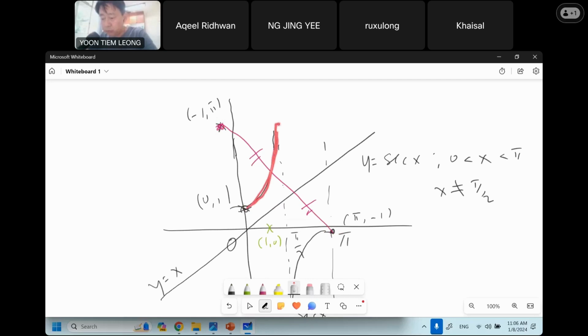When x goes to pi over 2 from the left, then y goes to infinity. Therefore, this behavior is then translated into values of pi over 2 horizontally. This is the line y equals pi over 2. As x is approaching pi over 2, y goes to infinity. When you make this behavior on the reflection here,